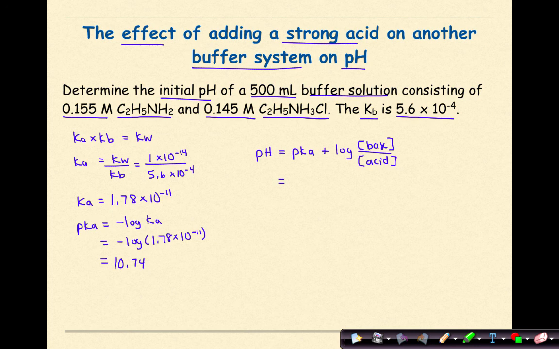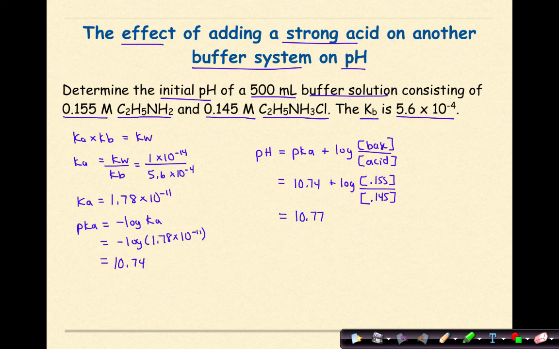So my pKa is 10.74 plus log the concentration of my weak base, according to the information given to me, is 0.155, and the concentration of my weak acid is 0.145. So when I work this out, this is going to be my pH of